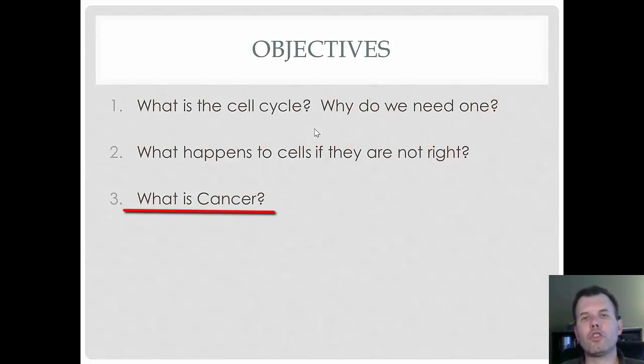And then finally, we're going to look at what is cancer. I'm going to talk about what cancer is, which is basically an abnormal growth of ugly-looking cells, and why this actually happens. Like I just mentioned, we have all these checks and balances to keep cells from undergoing cancer. But sometimes our cells just miss the whole checks and balances, and they end up abnormal and start growing out of control. That's really what cancer is all about. We're going to look at all three of these things today.